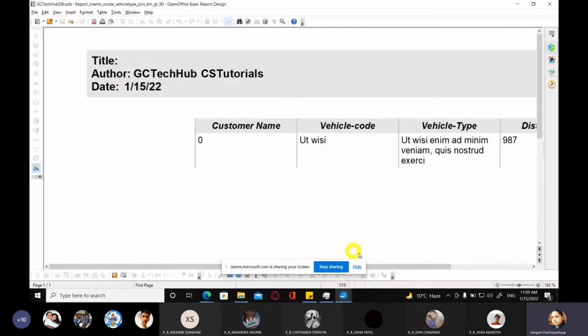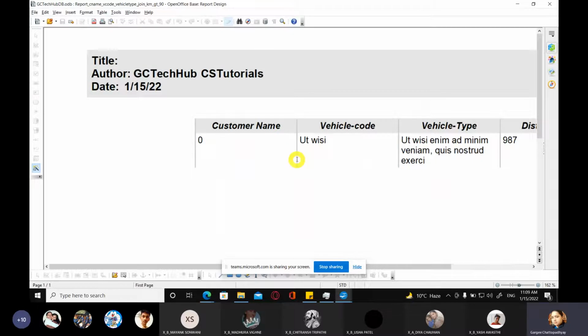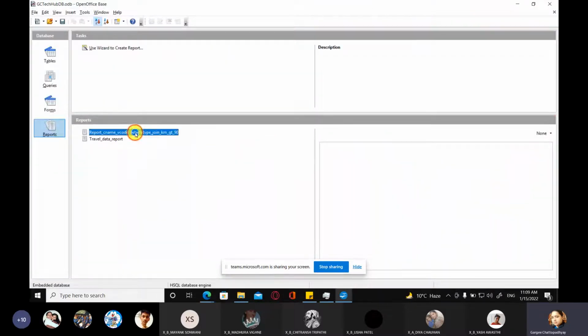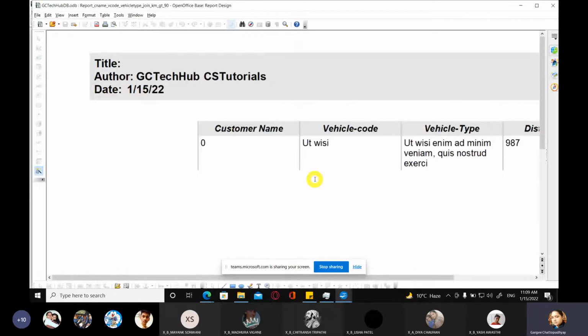As you can see, it has still not updated any data into the report. So we will close it from here, and we will just double click on this report object and see if it gives us the required data. Can you see this? This is one big disadvantage of Open Office Base, that even after giving all the settings and making all the settings perfectly, it is not giving us the desired result.